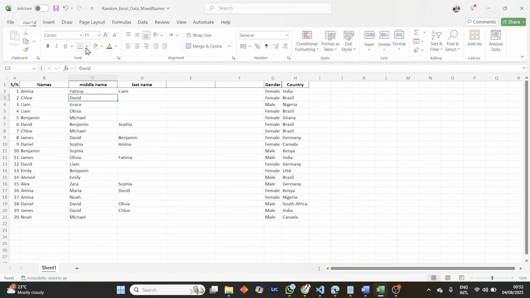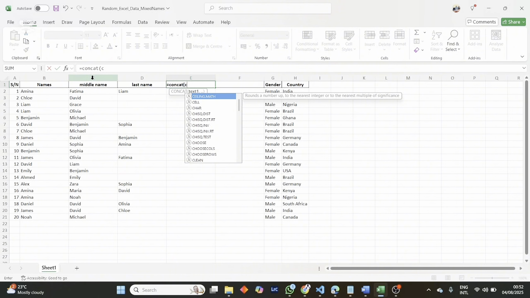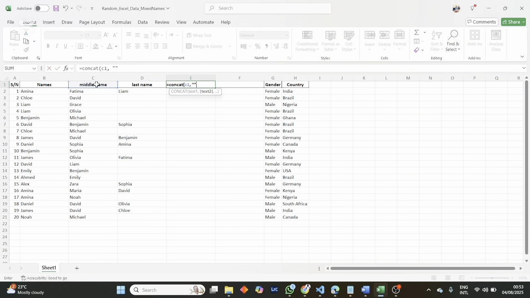We call this concatenate. Okay, so let's now concatenate this and this together. We want to match them together, so that we now have just 2 columns for names. That's first name, then middle name or last name, as the case may be. So we'll do that from here. Now the formula to enter is equal to, then concat or concatenate, open a bracket. Now the first column, that is this column C. Let's say C1, comma, then you open double quotes,